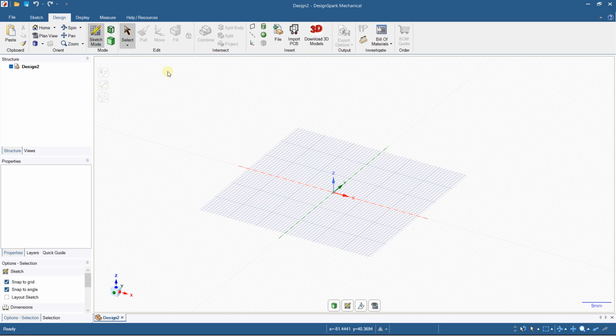Hello everybody, it's Niklas. Welcome to this new video on DesignSpark Mechanical, and in this video we will see how you can add colors on your models to improve the quality, to have a better render